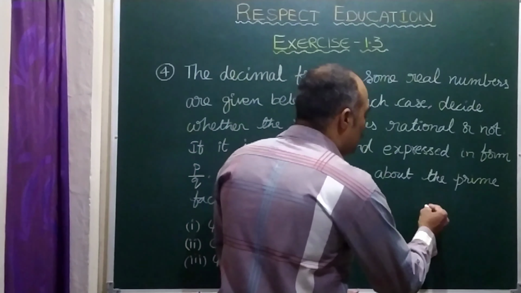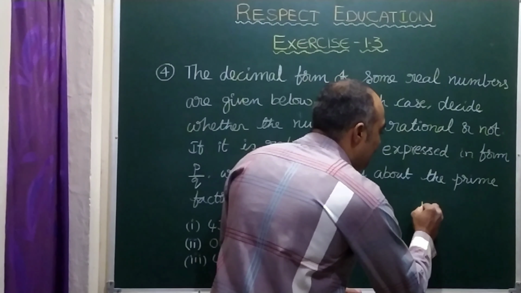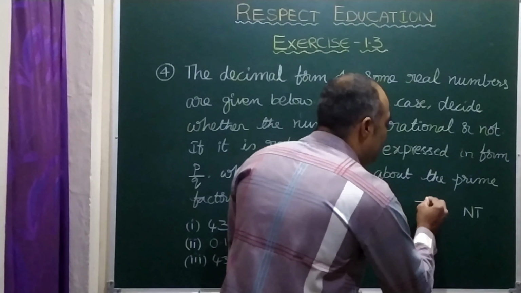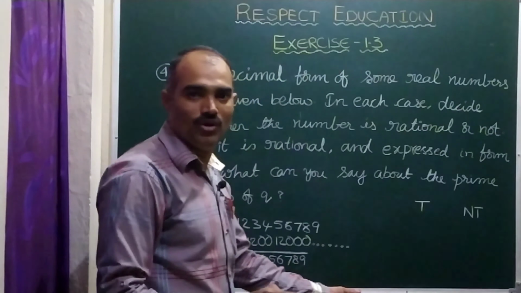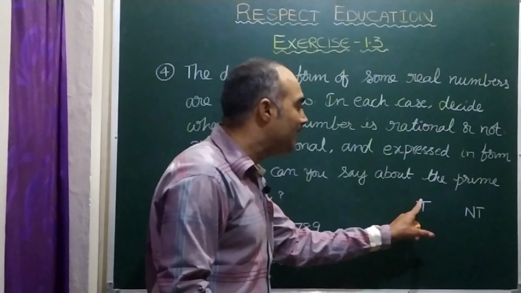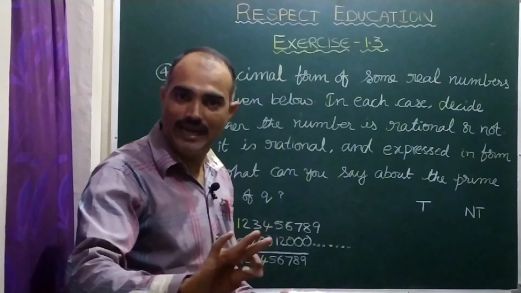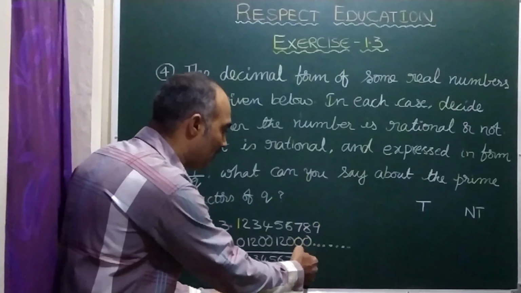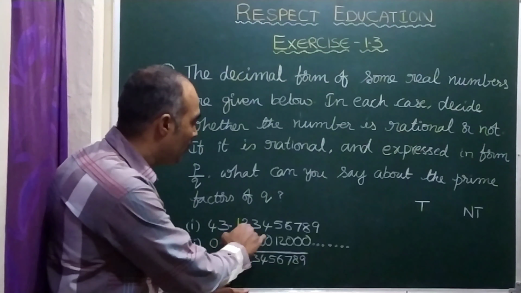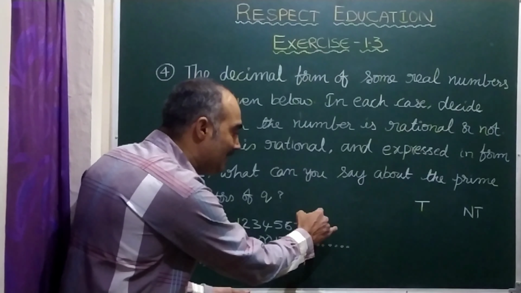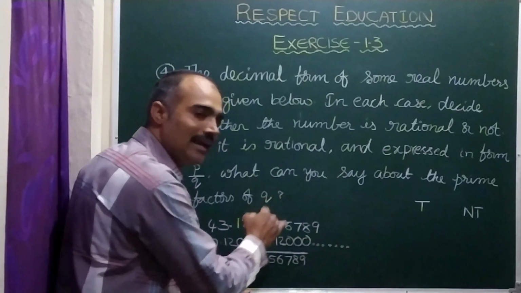See, there are two kinds of decimals, children, those are terminating and non-terminating. In an easy way I will say, children, you need to follow me clearly. Terminating means which has an ending, which has ended. So here you see, compare all the three. It is 43.123456789. So here you see it ends, it ends with 9, right?